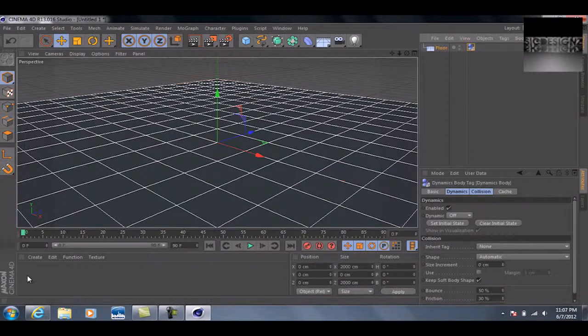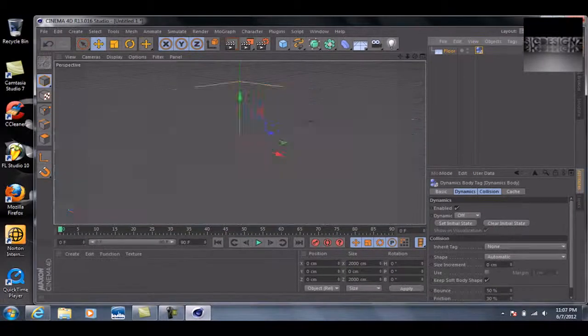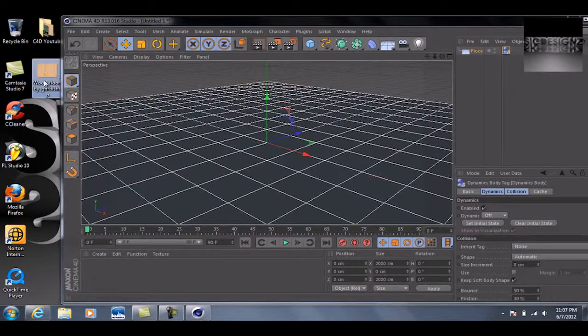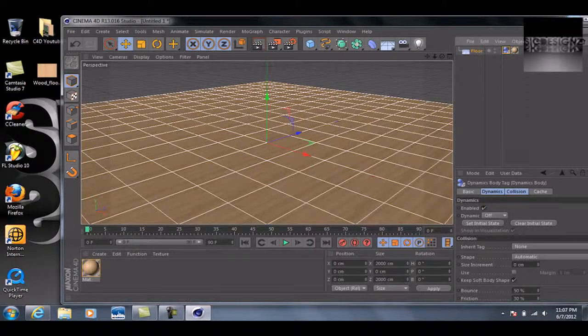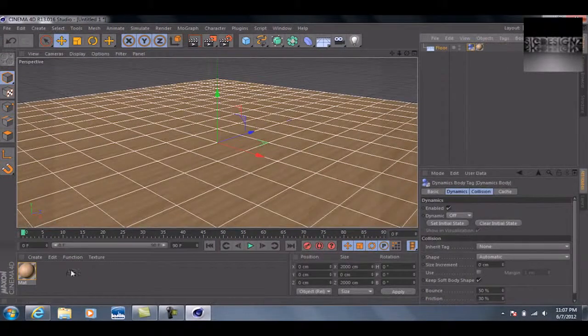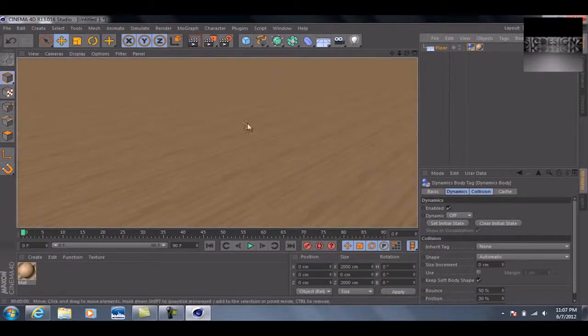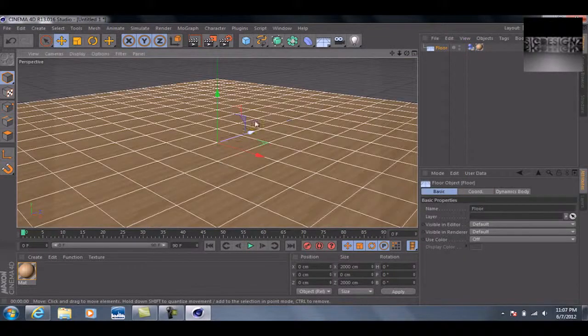Okay, so the next thing we want to do is add a texture to this floor. I've actually got a wood texture here that I found on Google Images, and I'm just going to take this from the desktop, drag it on there, and now we've got a wooden like floor, and if we go to render preview, you can see that there. Okay, so once you've got your textured floor, whatever you want that to be,